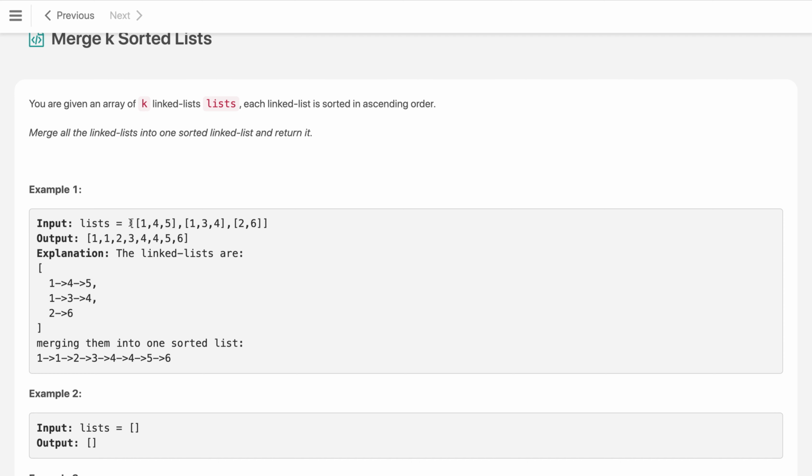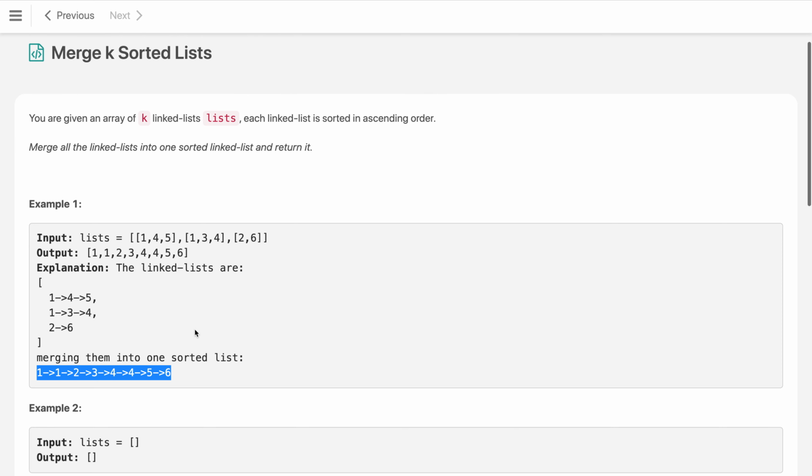Here we are given a list of linked lists, like in this example one we have 3 of them, and these are sorted, represented like this: 1 4 5 first one, second is 1 3 4, and the third one is 2 6. So if we merge all 3, then the final linked list will contain 1 1, then 2, then 3, then 4 4 5 6. So this is our merged k sorted list, also sorted in ascending order, same as all the input linked lists given. So we have to merge them.